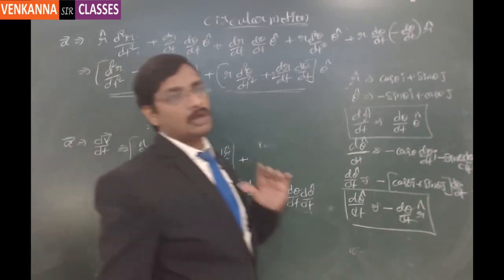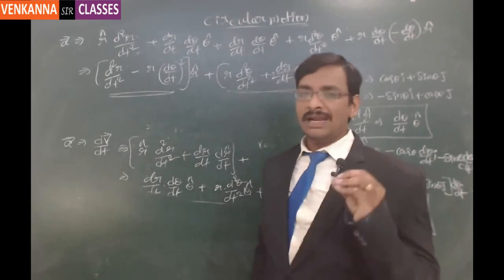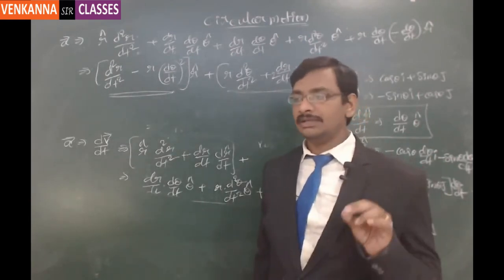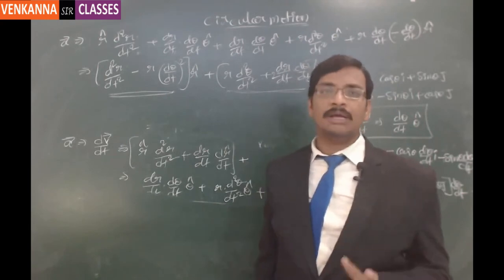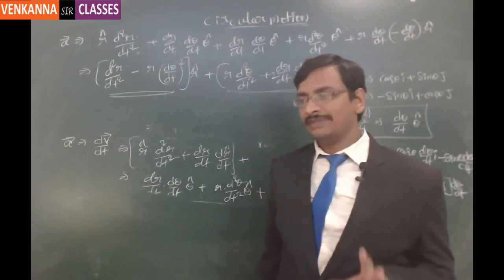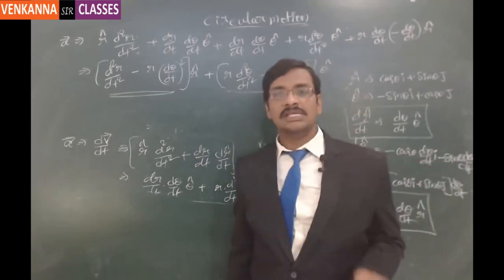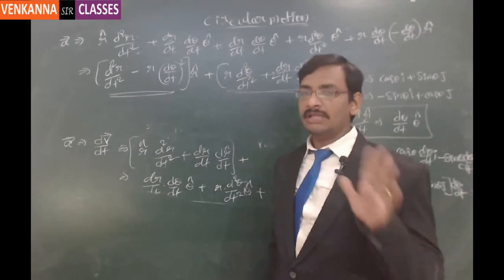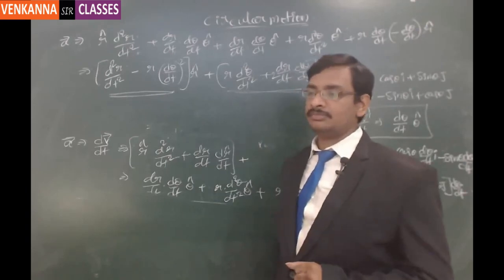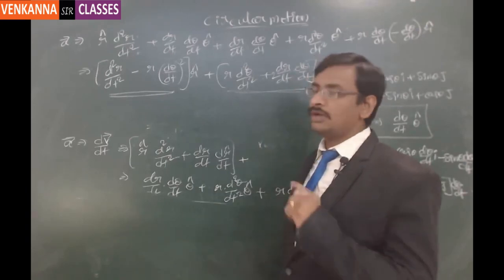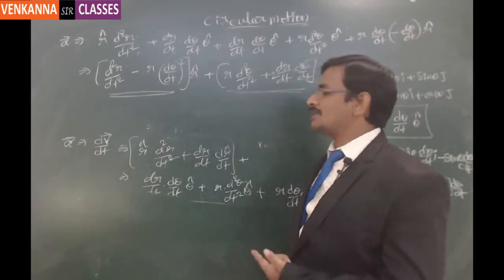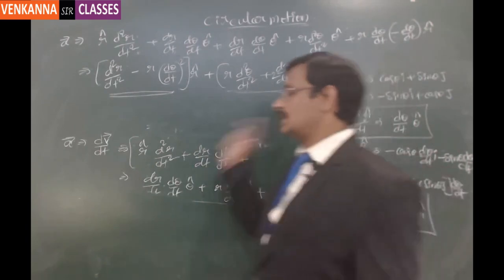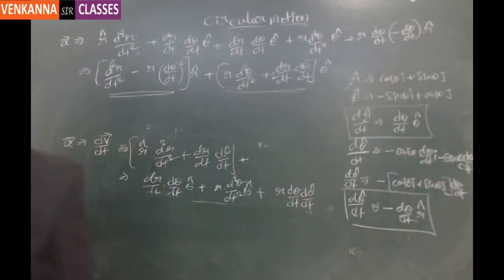So by adapting the polar coordinate system for a randomly moving particle, we tried calculating the velocities in the radial direction and the transverse direction. At the same time, the acceleration in the radial and the transverse directions. This is for any randomly moving particle in a plane with the assumption of the polar coordinate system. Now why we are doing this is that the same analysis we will adapt for circular motion. See this, the same thing if you try to adapt it,